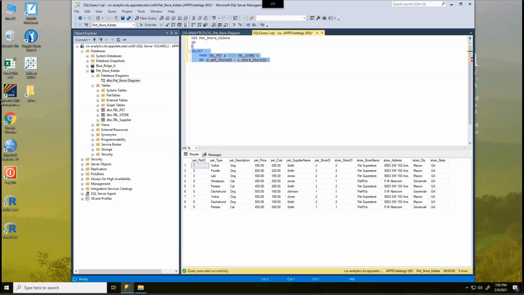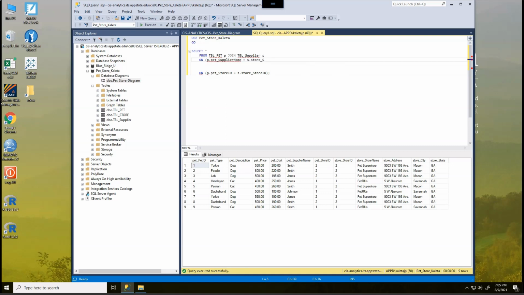So what we're going to start with here is pretty much the same type of statement. So we're going to start from table pet. We'll leave pet with the alias P, and we're going to join on table. So this time we're going to start with table suppliers, I think. And I will give that an S. And of course, in order to join the pet suppliers, that was joined on p.petstore, and that was supplier name, and that was equal to